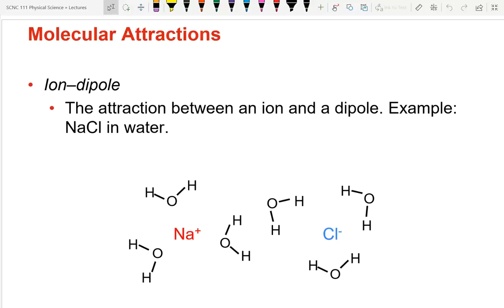Why does it do that? Because of the dipole nature of the water. So with the water, the hydrogens have a positive charge, the oxygen has a negative, so this sodium is attracted to the negative sides of the water molecule. The chlorine, on the other hand, is negative. The hydrogens have positive, so the chlorine is attracted to the hydrogens. So you can see that we have the molecules are clustered around